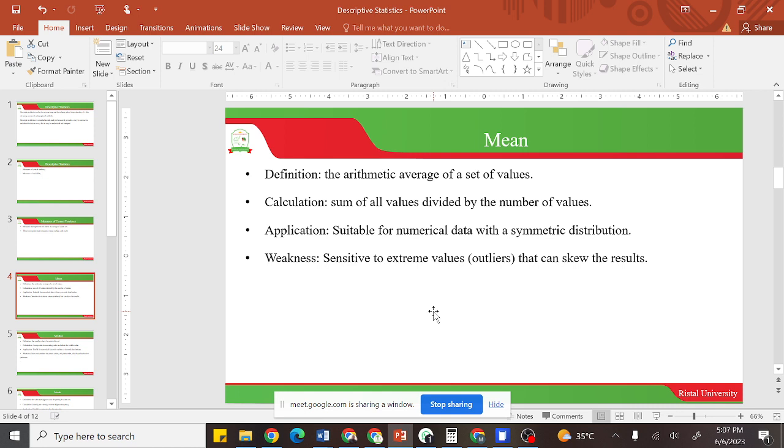Now, when you add the marks and then divide by the number of students, the average is going to be low, or the mean is going to be low, because of this student who got 15. So it is going to lower the average, and that 15% is what we call the outlier. The outlier can distort the mean considerably, and that is what we call skewing. It will skew the results. So that's the disadvantage of the mean, that it is very sensitive to extreme